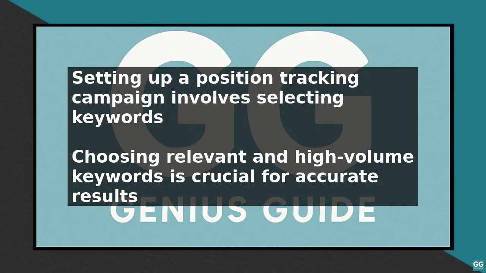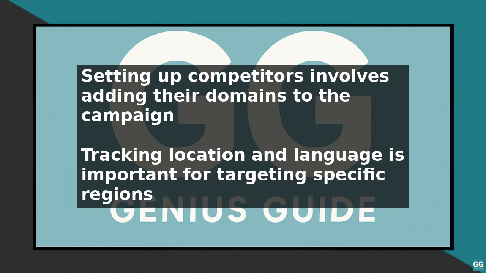It is crucial to choose relevant and high-volume keywords to get accurate results. You can use the Semrush Keyword Magic tool to find the best keywords for your campaign. Next, you need to set up the competitors you want to track. This can be done by adding the domains of your main competitors to the position tracking campaign. You can also set up the location and language you want to track, which is important if you are targeting